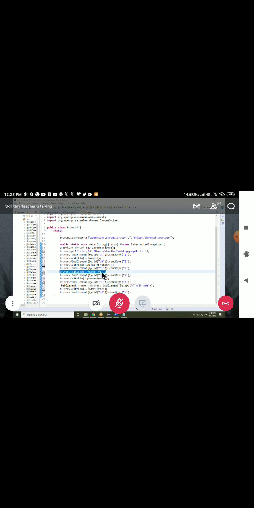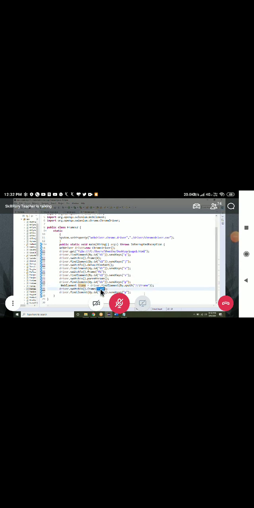Here I can give the string of a frame. Either I can give ID, name, or class name, anything like that. One more thing is I can give a web element as an argument. What do you mean by web element? An address. What do you mean by address? Address means finding the element. How do you find the element? By using driver.find_element. Put it in a reference variable, then I am passing this as an argument. You can use either one.